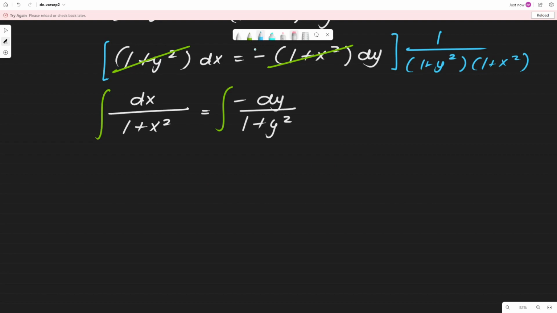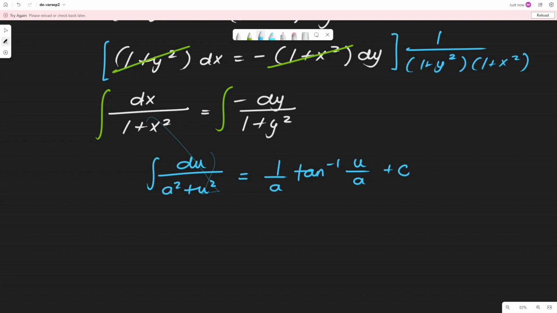So, we have the integral du over a squared plus u squared, where a squared is equal to 1 and u squared is equal to, let's say, x squared muna. Pag integrate natin to, this will be equal to 1 over a arctangent of u over a plus c. And alam naman natin, a squared is equal to 1, a is equal to 1. So, magiging 1 lang yung 1 over a natin. Then we have u squared equal to x squared, u is equal to x. So, we have arctangent of x